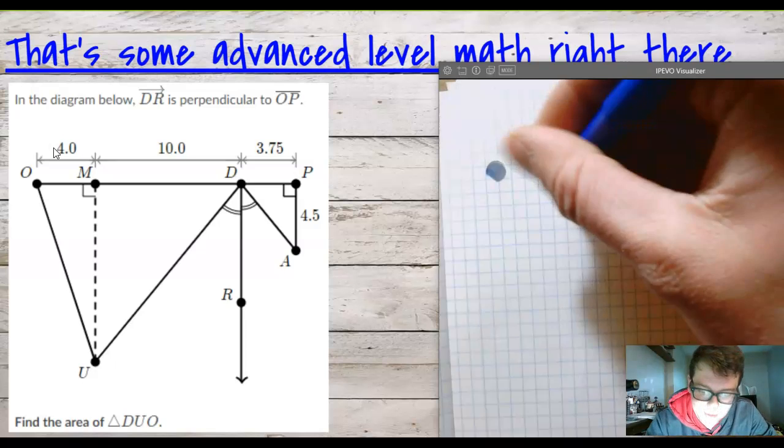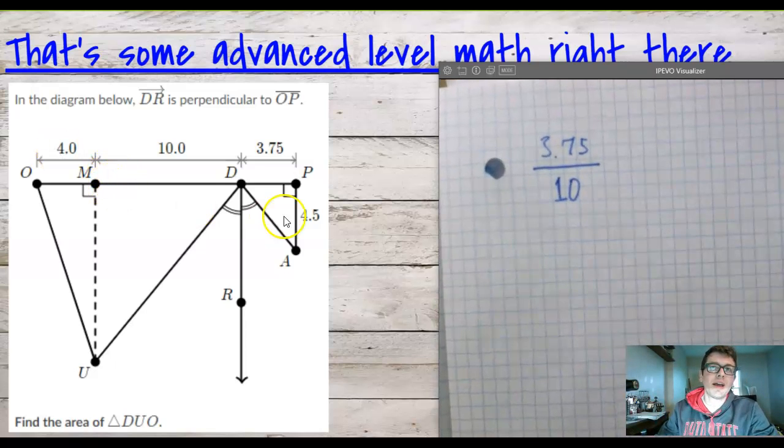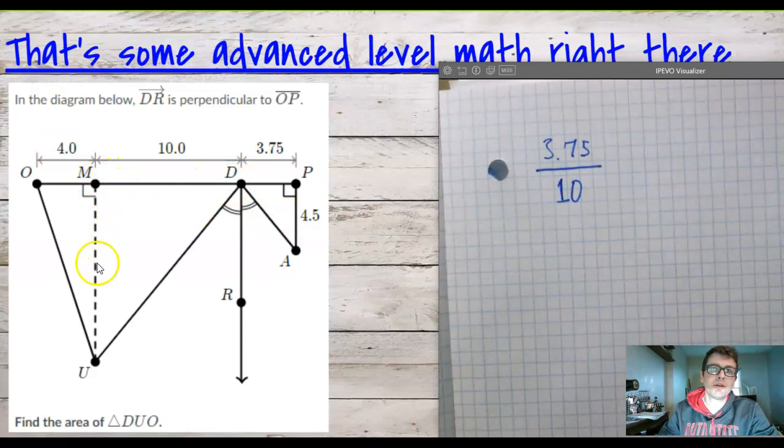Right? I may have moved too quick here. Let's circle back. We know that angle DMU is similar to angle DPA through angle-angle similarity. Because we see that there's a right angle at point M and a right angle at